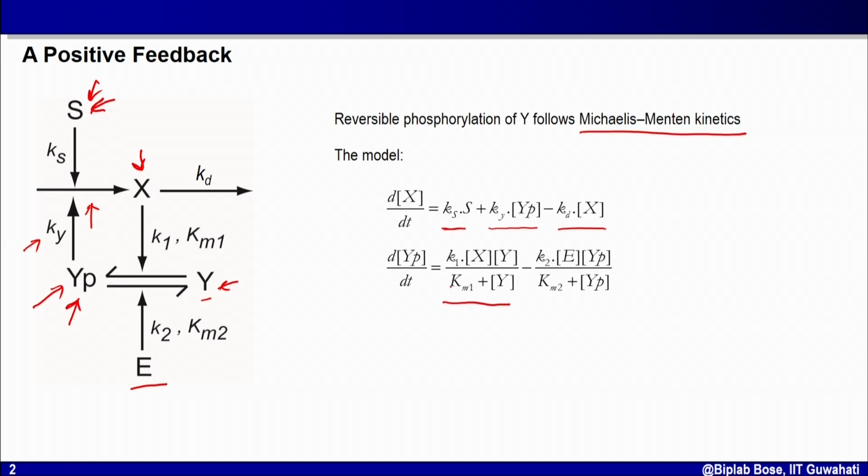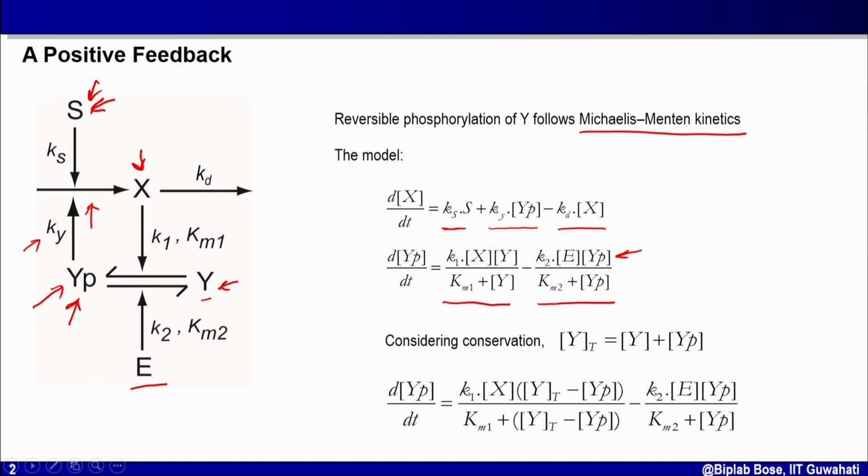So I have K1 into X into Y divided by Km1, the Michaelis-Menten constant for this phosphorylation reaction, plus Y, the substrate, minus the second Michaelis-Menten reaction, that is the reverse reaction from YP to Y, that is K2 into E. E is the phosphatase enzyme involved here. YP is the substrate, divided by Km2, my Michaelis-Menten constant for the second reversible reaction, the dephosphorylation reaction,